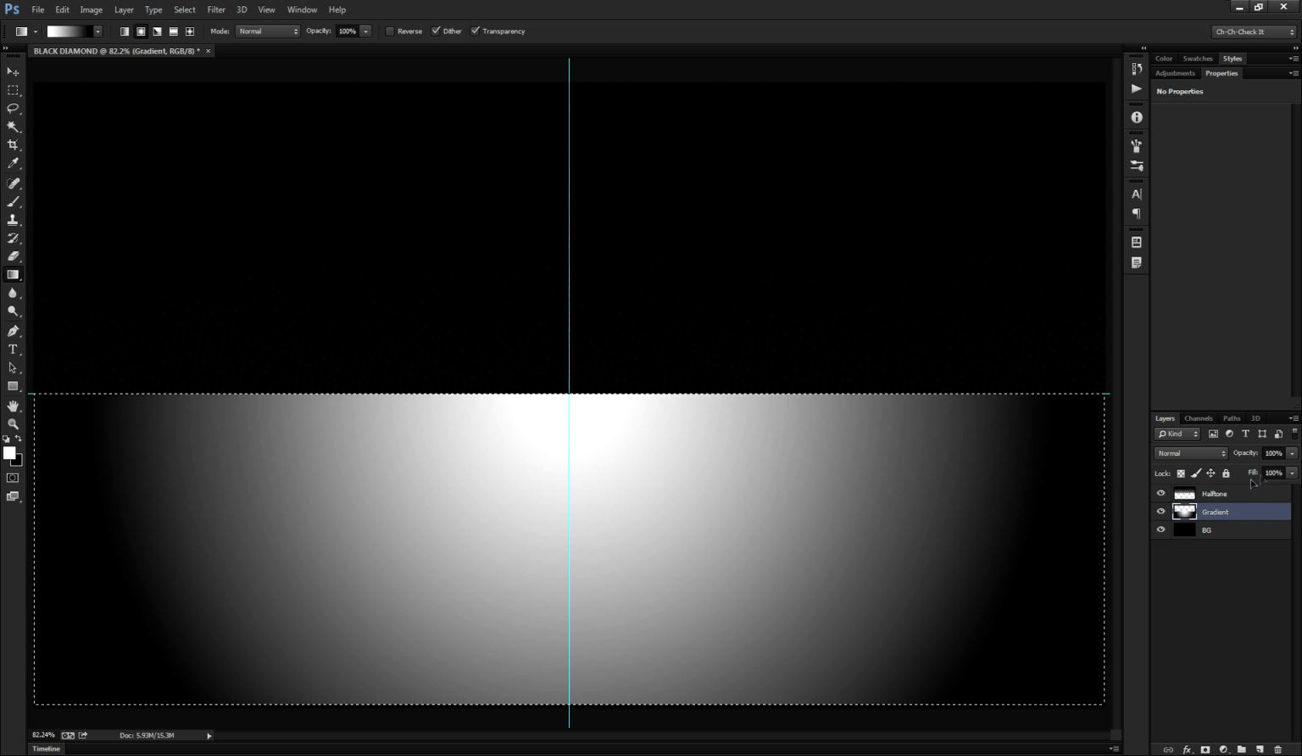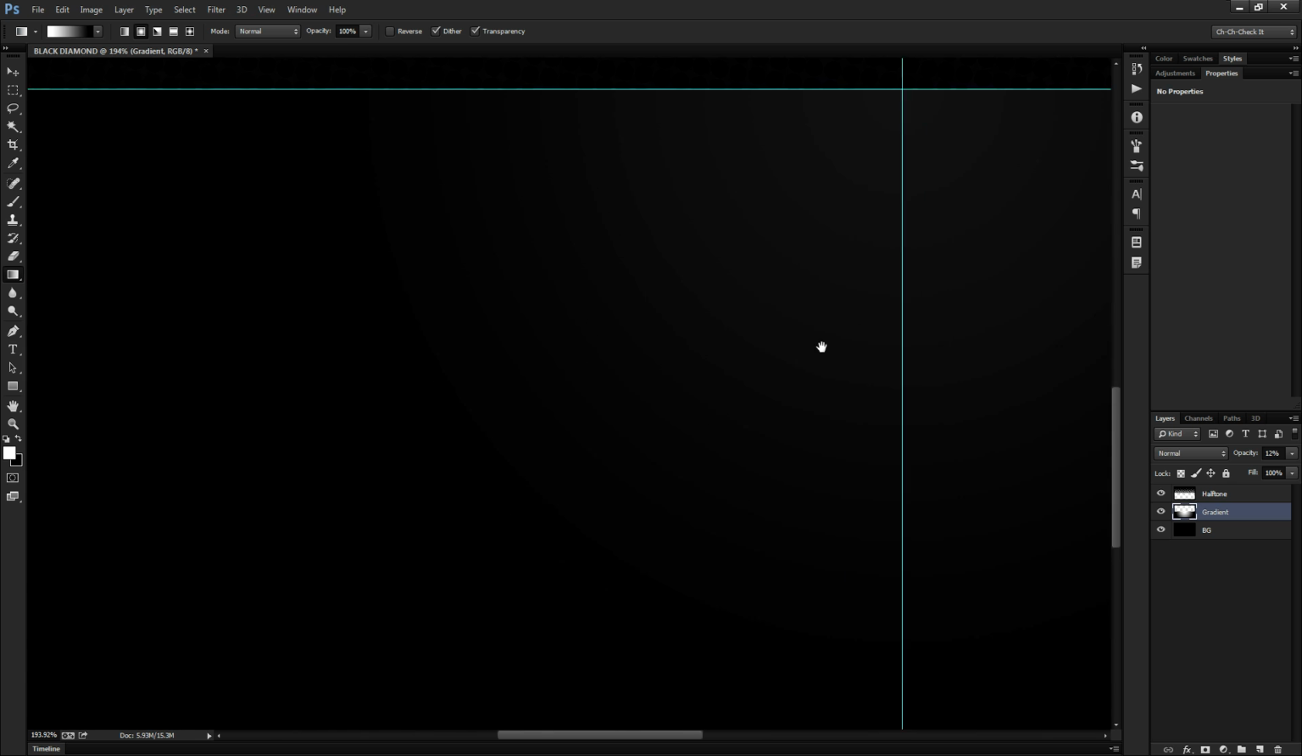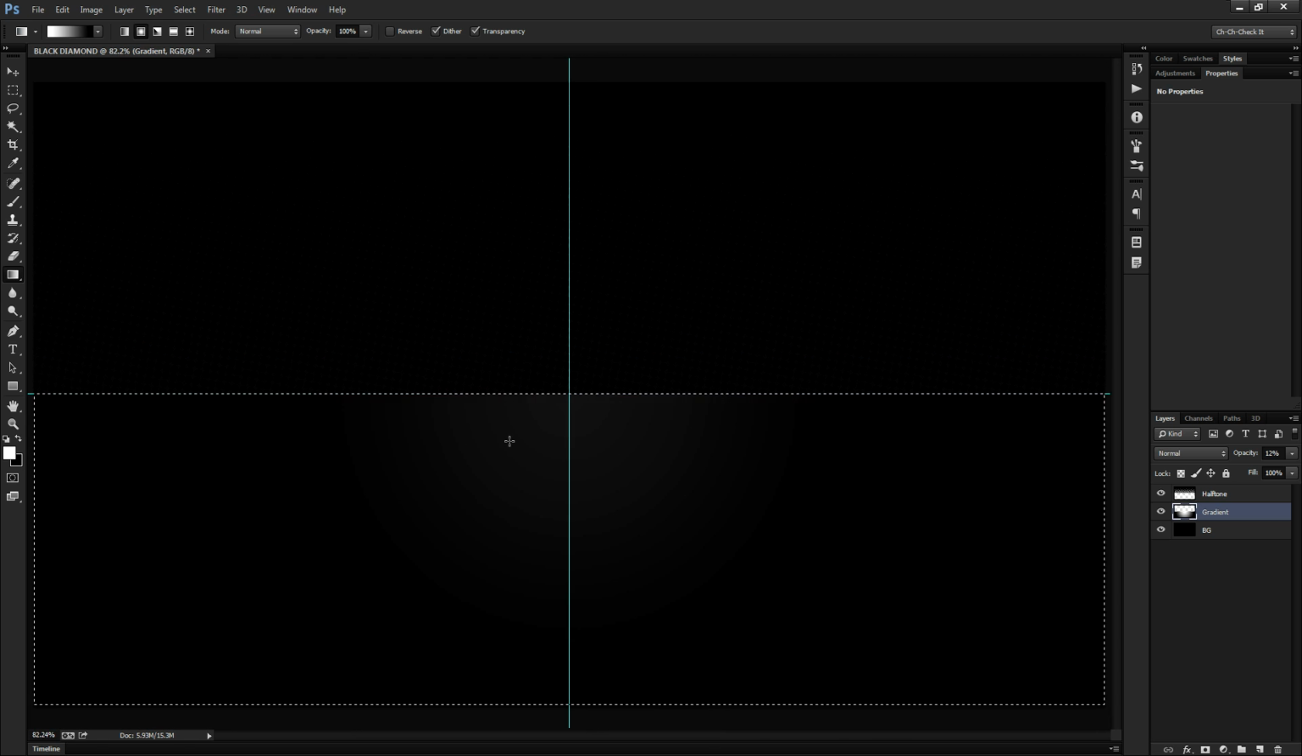And let's go ahead and put the opacity down to about 12%. And you'll notice when we do that, we get a lot of banding in here because, let's face it, there's not that many shades of gray between this point and the black, so it's going to create that banding effect. So to kind of mask that so that it looks a little bit smoother, we're going to add in a